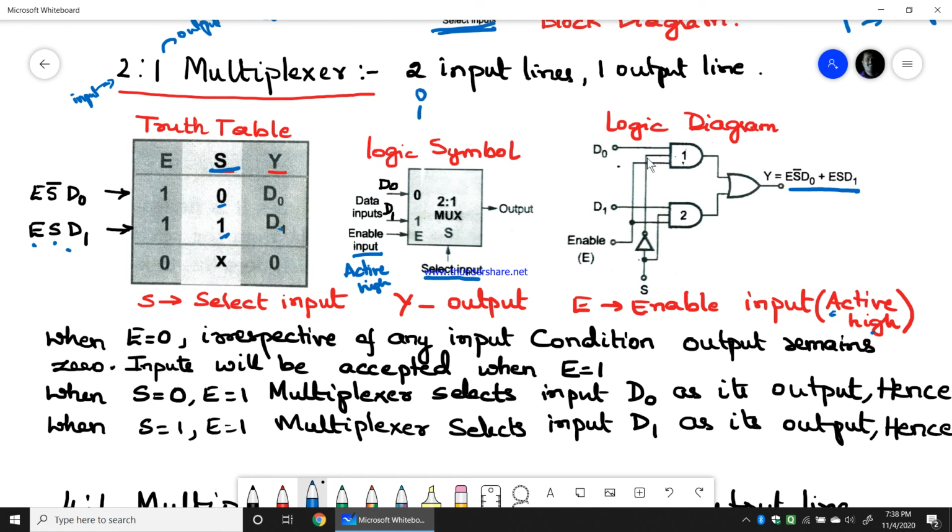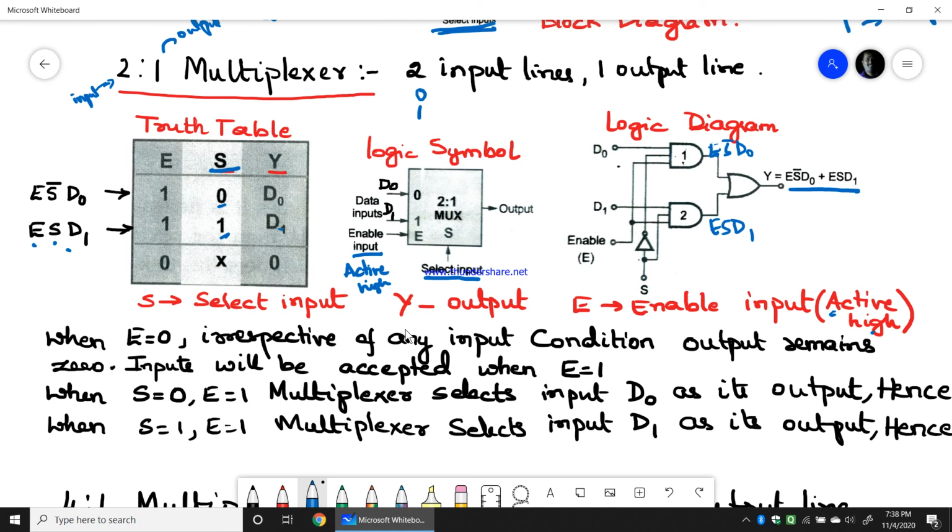That is what the diagram shows, D0, D1. E is given to each AND gate, and S bar is given to AND gate 1 and S is given to AND gate 2. That gives me E S bar D0 and this is E S D1. And through an OR gate, they both get summed up.